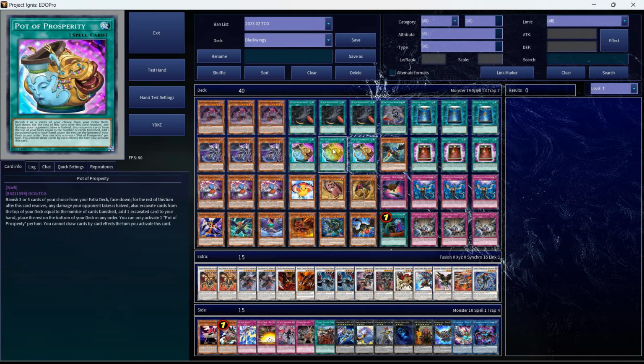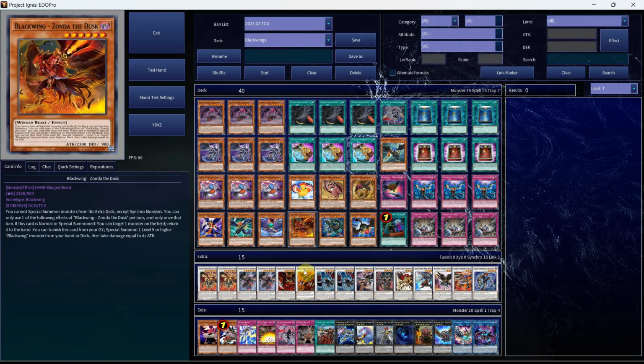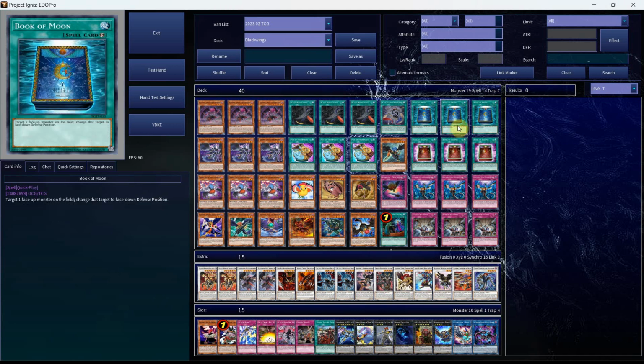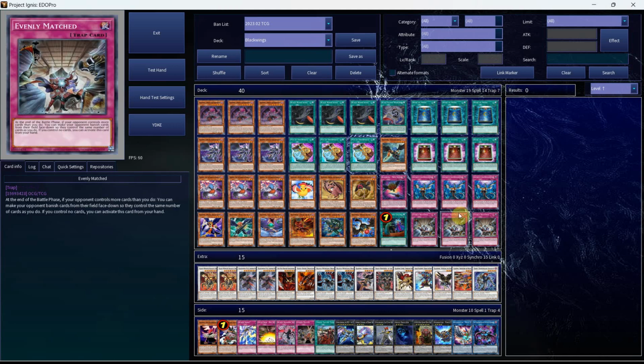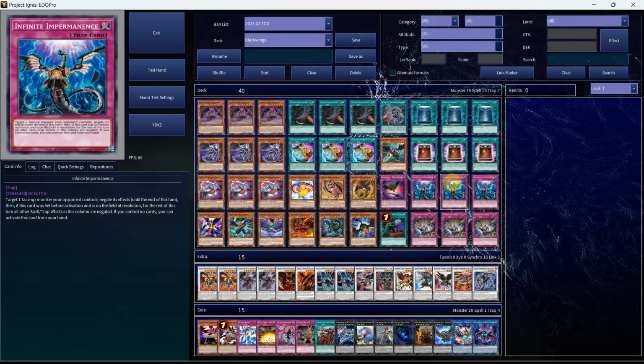Because we're on the Void Ogre Dragon, you don't want to keep cards in hand, so that's another reason why I'm playing Prosperity over Allure. It just made more sense in this build. You'll also see the board breakers are here because of Void Ogre Dragon and being able to just have combat 2 monsters through the books and the imperms and then having the ogre in order to stop a spell and